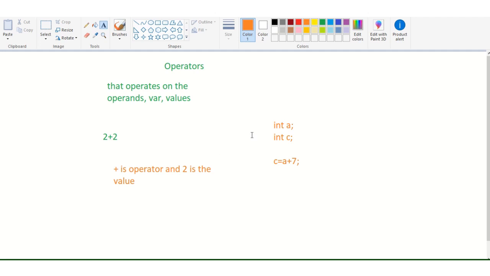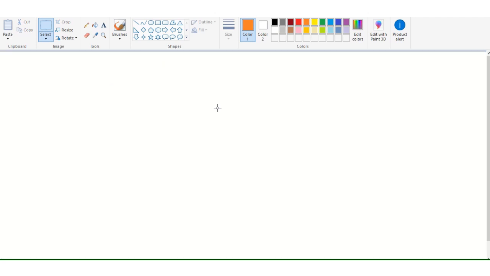Clear? Operators are those that operate on the operands, variables and values. They actually perform the operations, right? Clear? So there are basically three types of operators.